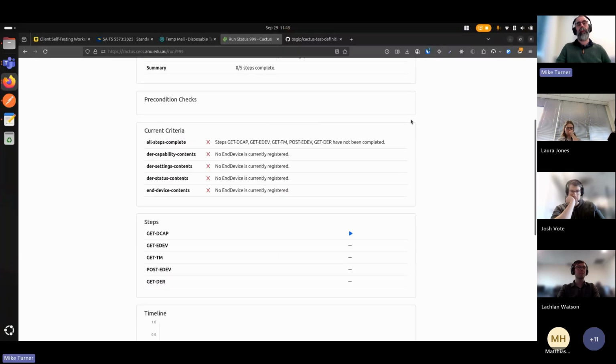Scrolling further down, we've got the criteria that must be met during this test. We've got all steps complete, which is basically part of every single test, but you have to complete all of the steps to consider to pass the test. And the red cross tells us we haven't done it yet, and it's telling us that these are the steps